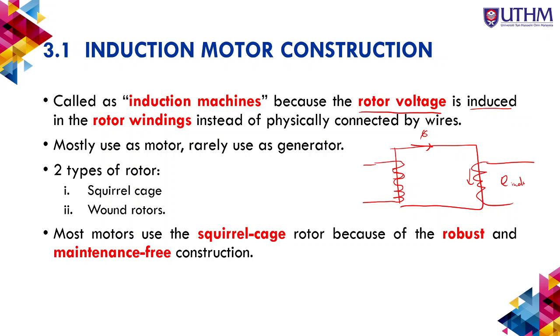For the generator, it is very rare, so we will not cover the generator. There are two types of rotor, the squirrel cage and also the wound rotor. In this course we will cover only the squirrel cage. Squirrel cage is like it looks like